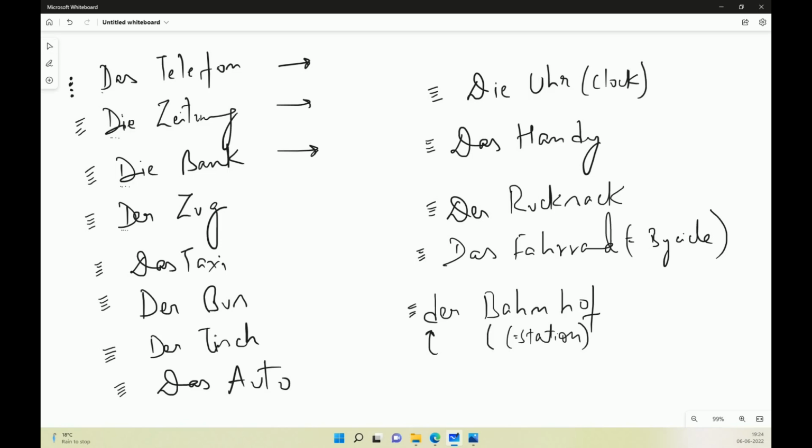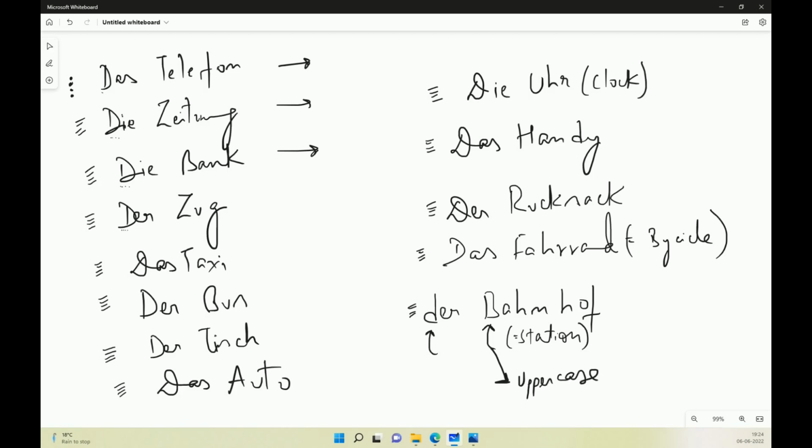This character of the noun, the first character, has to be always in uppercase. There are very few rules in the German language, I must say. One of which is one of the few exceptions which are without exceptions. This rule has no exceptions at all. So it has to be uppercase at all times.